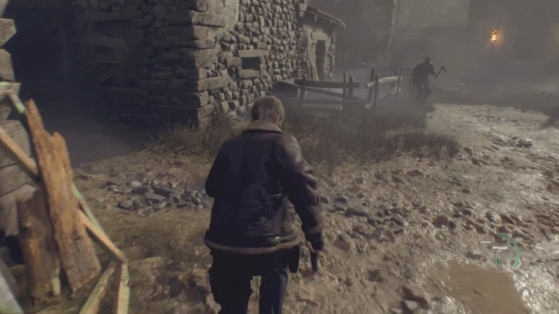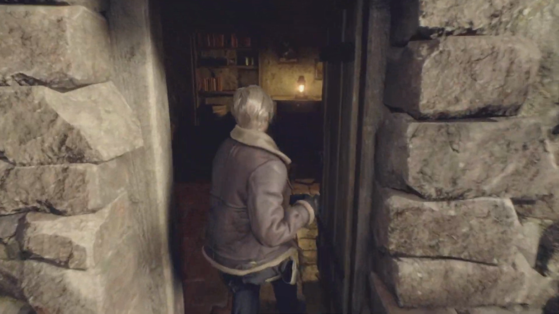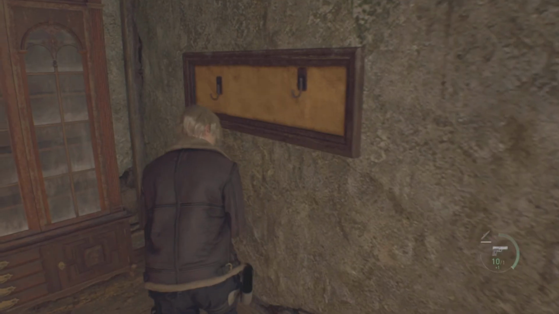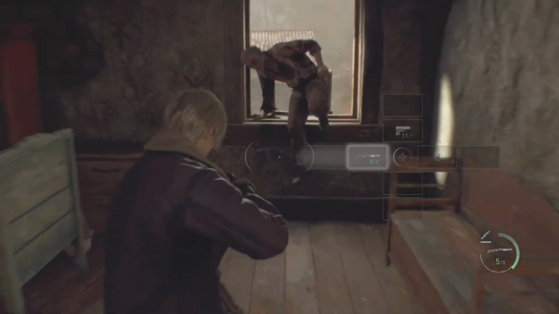And while you're doing this, you'll want to be actively moving towards this building, because at a certain point, you'll hear in the distance a bunch of villagers screaming, which means that another spawn is happening, and this is where the enemies are going to be dropping from their spawn points. They're going to be coming from unplayable areas, and so you've got to get inside this building before they have